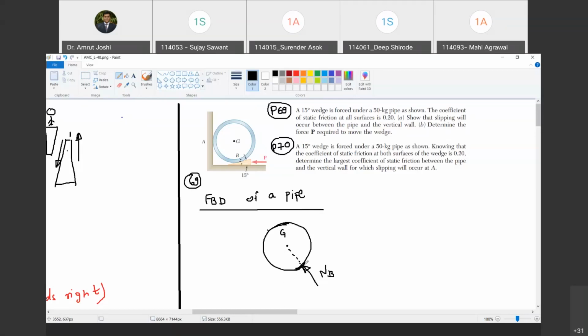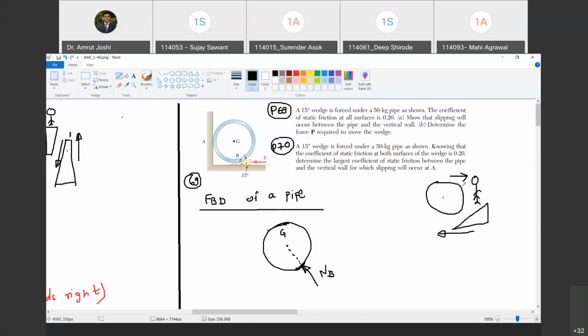Yes, sir. Now, who is offering friction on whom? Right now, I am drawing the free body diagram of the pipe. So, I am interested in the frictional force offered by the wedge on the pipe. Do you agree with me? Yes, sir. So, where are you going to station the observer? On the wedge. So, I have stationed the observer on the wedge. Do you agree with me? Yes, sir. With reference to this wedge, it is on the verge of moving in. So that means when the wedge moves in, with reference to the wedge, the pipe comes towards the observer. Do you agree with me? Yes, sir.